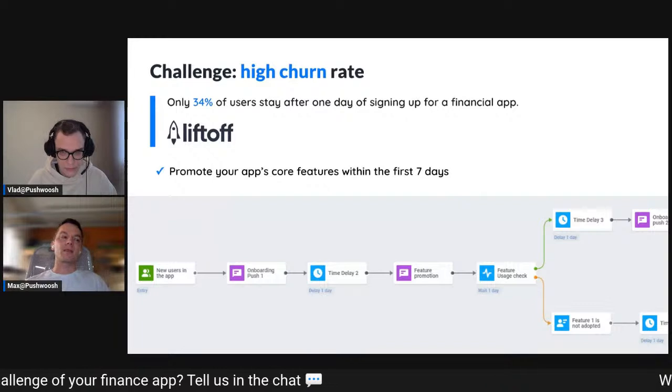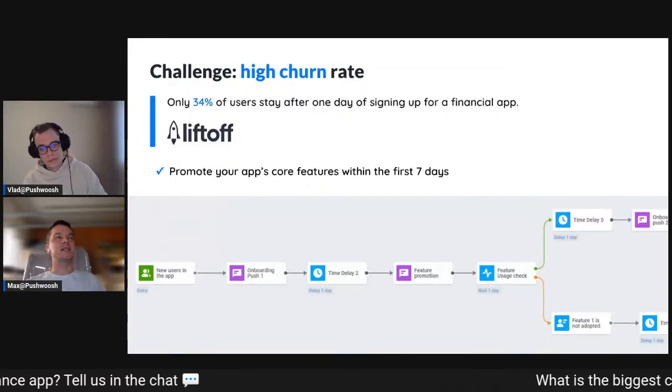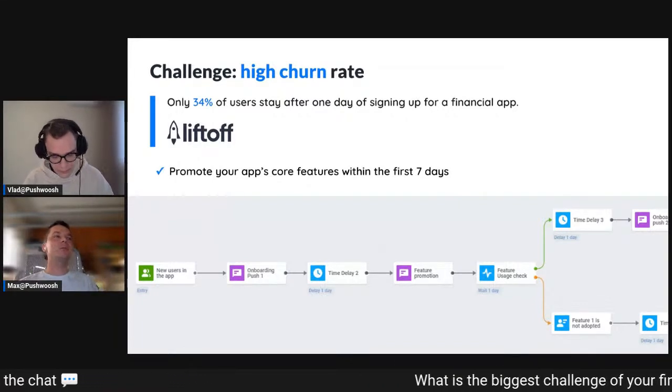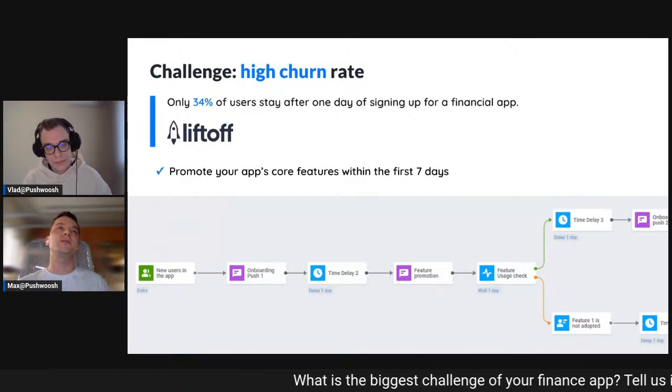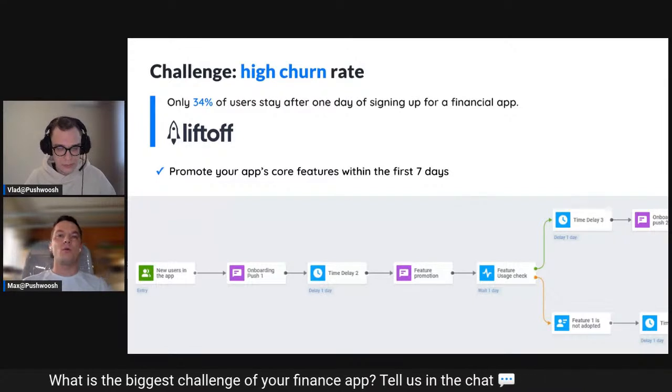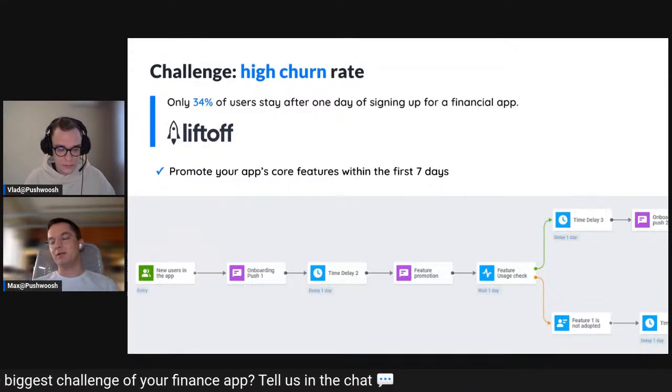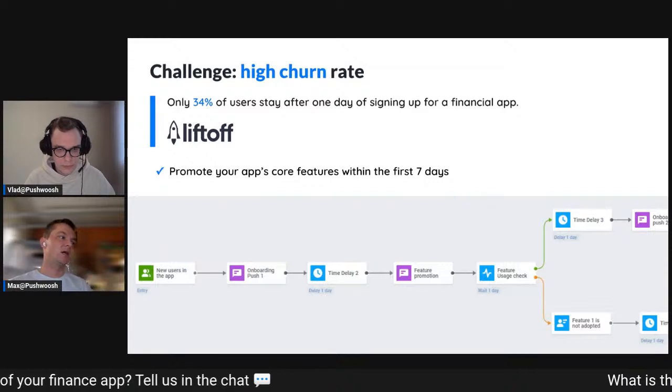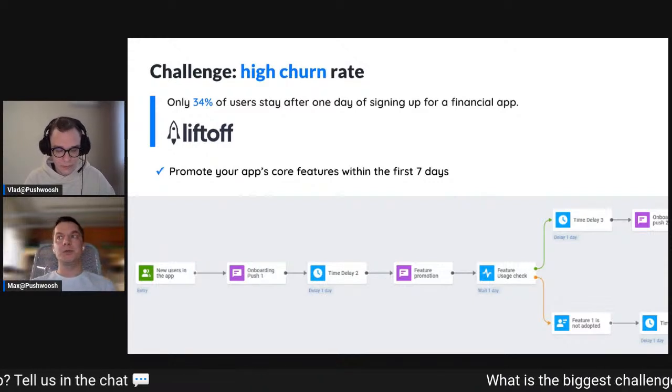We can say that the potential major reasons for high churn rate in fintech applications can be poor support or big amounts of irrelevant offers or ads that are being shown to users.